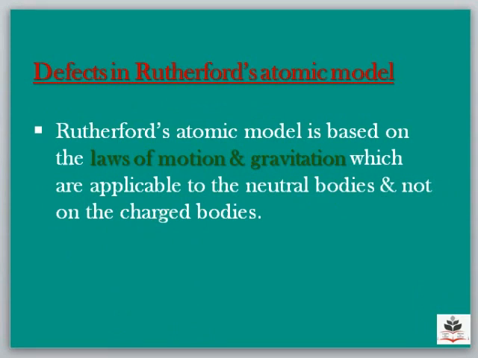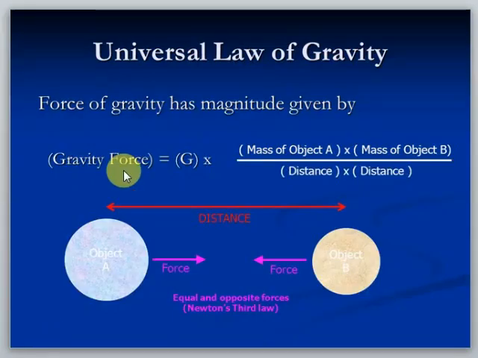If we talk about the universal law of gravity, it states that every object in our universe attracts every other object with a force which is directly proportional to the product of the masses of the objects and inversely proportional to the square of the distance between them. It is very important, as the gravitational force of attraction of the Earth binds all the objects on Earth to the Earth. It also explains the force that binds us to the Earth, and the motion of the moon around the Earth is also explained by this law.